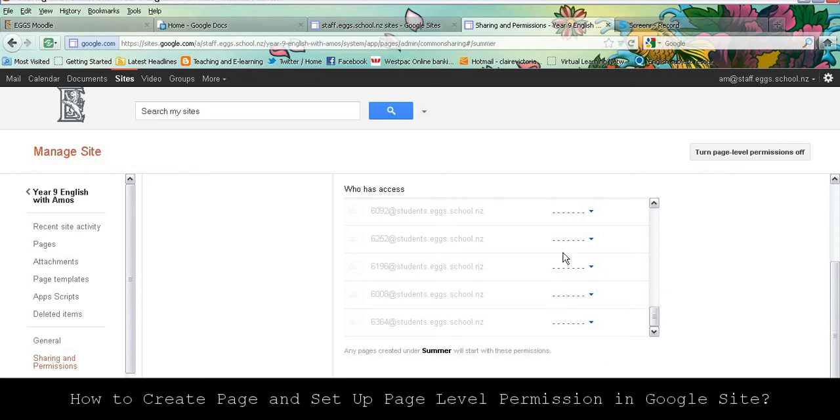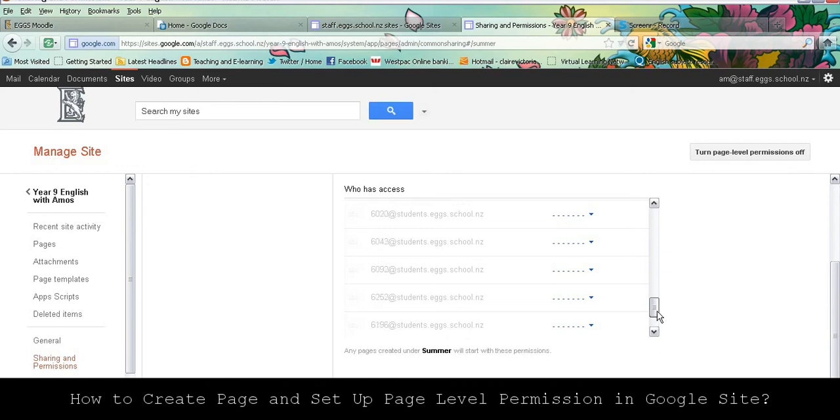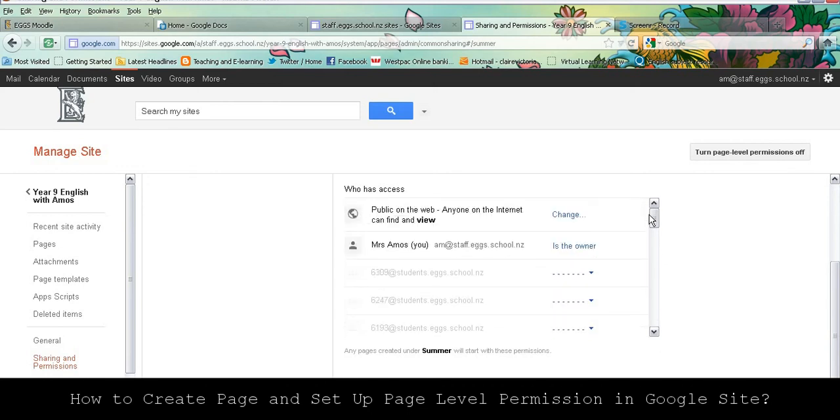If she would then like to work with another group of students, she could always go back in and she can actually change these settings and allow them to have access. So she is in control of that page and can change the settings. So that is how you create a page and how you set up page level